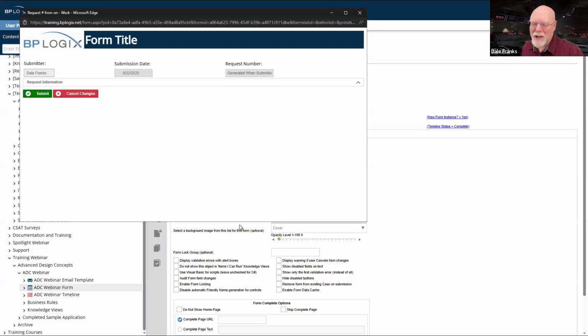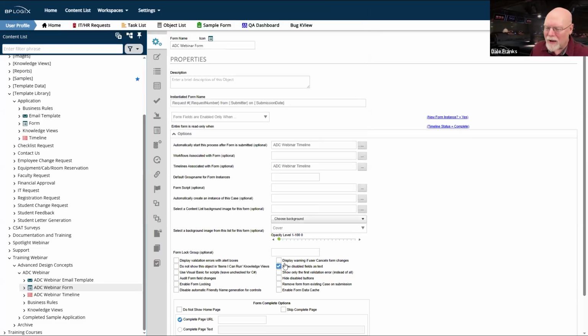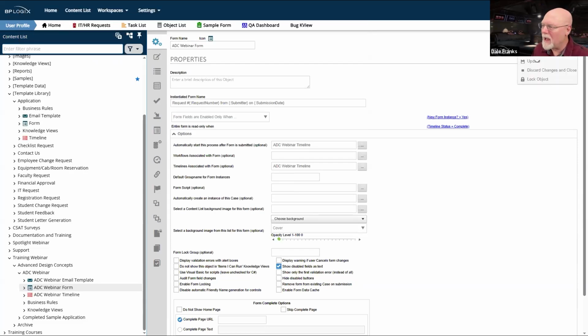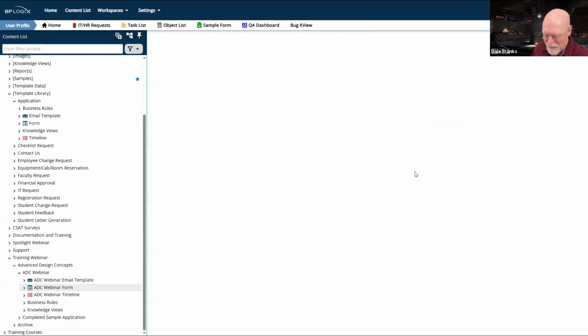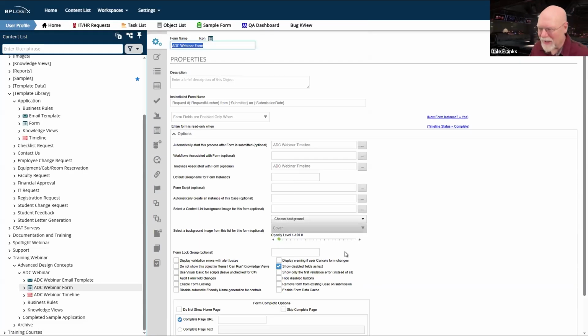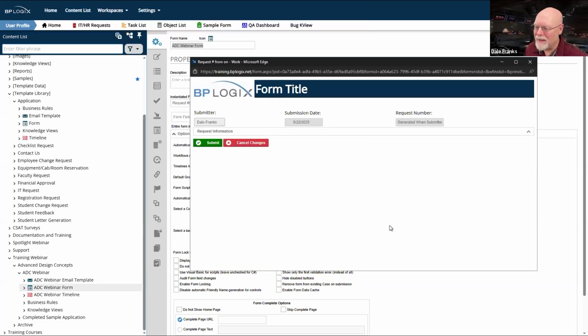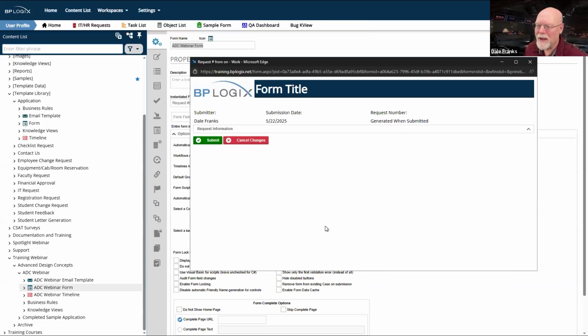So that's 3 reasons. I don't think I need to keep giving you reasons to justify why you should click show disabled fields as text. Because if you do that and we refresh our form, I probably should have saved this before we refreshed our form, since just clicking the checkbox doesn't actually save the property. So let's see, did that save? It looks like it.